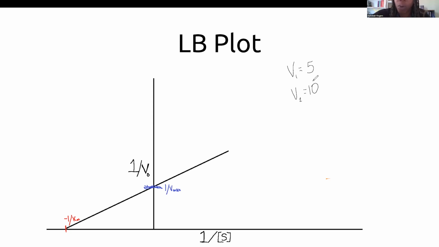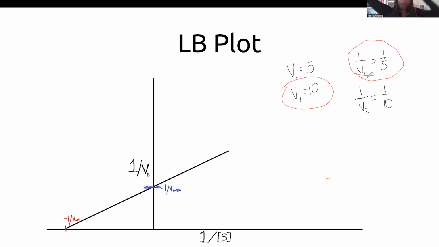So then 1 over V1 would equal 1 over 5. And then 1 over V2 would equal 1 over 10. And although 10 is greater than 5, 1/5 is greater than 1/10. So you can see, if you see the V going up, you can anticipate the velocity is getting higher. Here, if you see this 1 over V0 or 1 over the V,